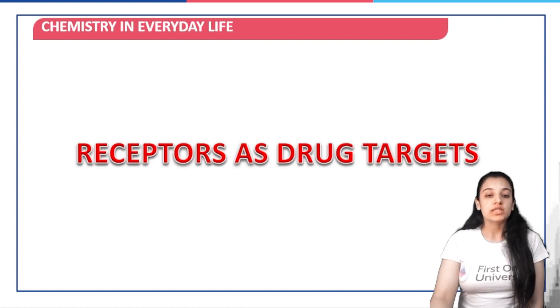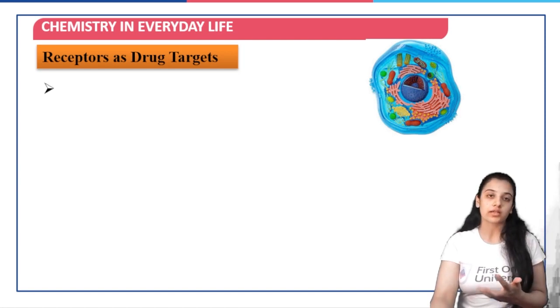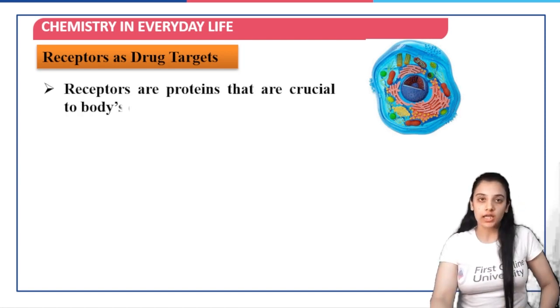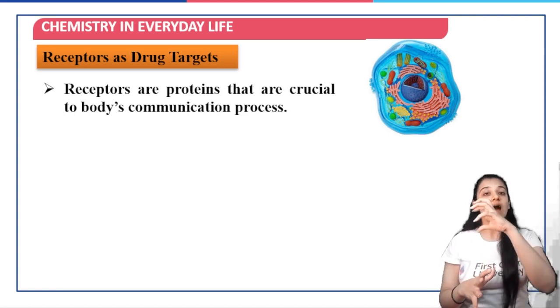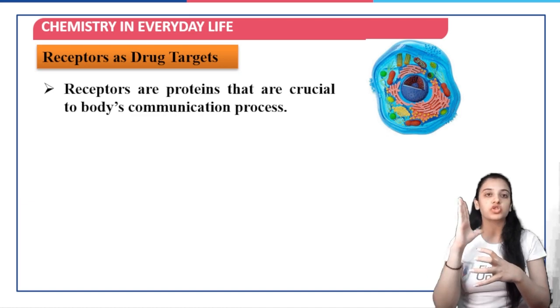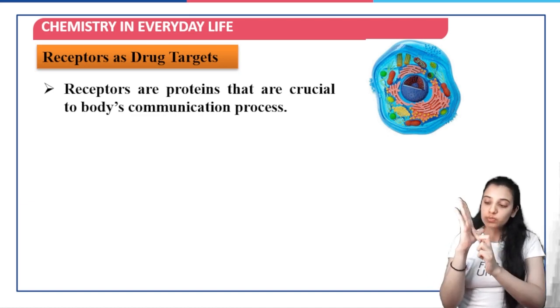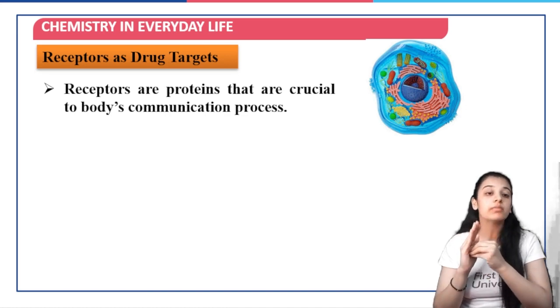Next, we talk about receptors as drug targets. Now, what are the receptors? One is proteins that we've already discussed. The nucleic acids also act as drug targets. Now, targets is one thing. Then there is an active site or a receptor which is present. So if this is my target, that could either be a protein or a nucleic acid, there has to be a receptor site or an active site present on which the substrate can come and bind.